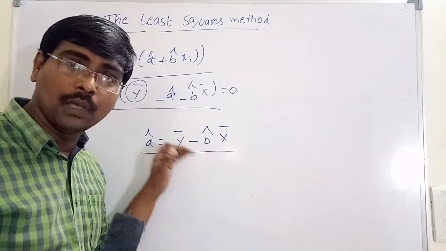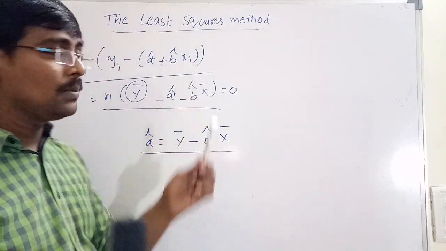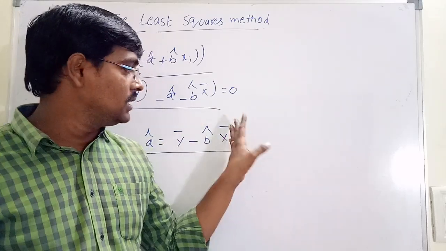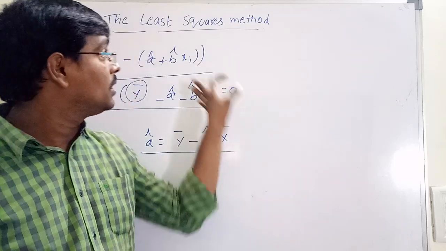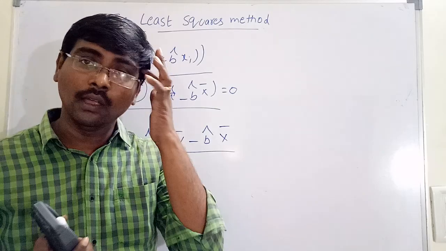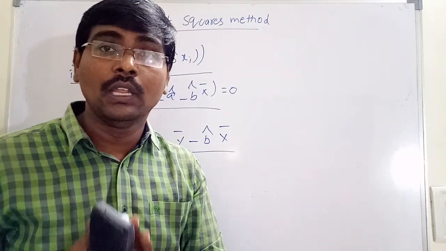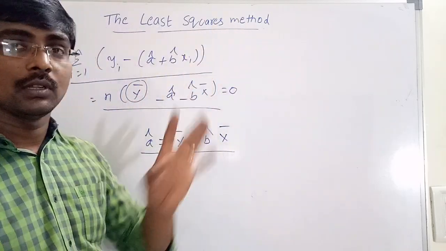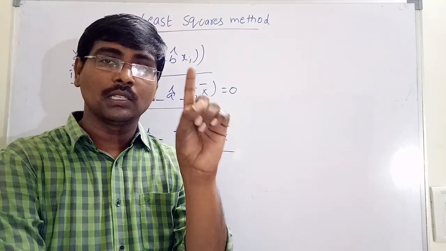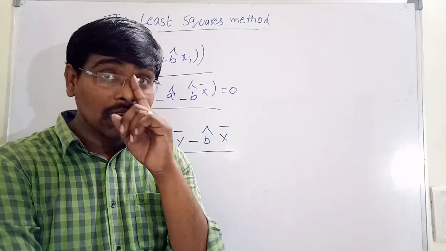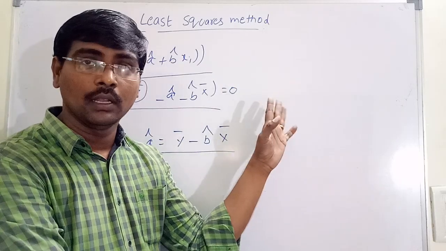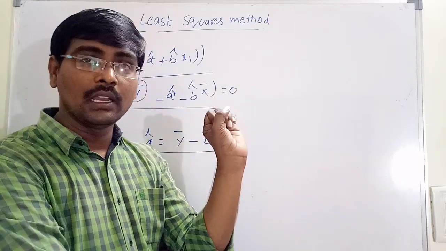Because of this, in the least square method, that is in linear regression, there is a chance of overfitting. So this is the univariate linear regression problem. Up to now we have discussed the univariate regression problem in the linear model. Once again I will explain. In the univariate regression problem, the first point is what a regression problem is, what a residual is, and what the least square method is. The second is the univariate regression problem.